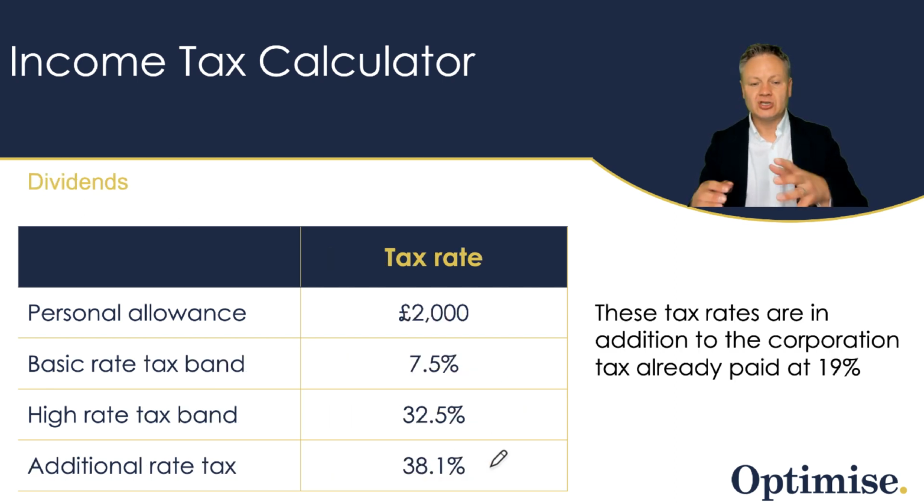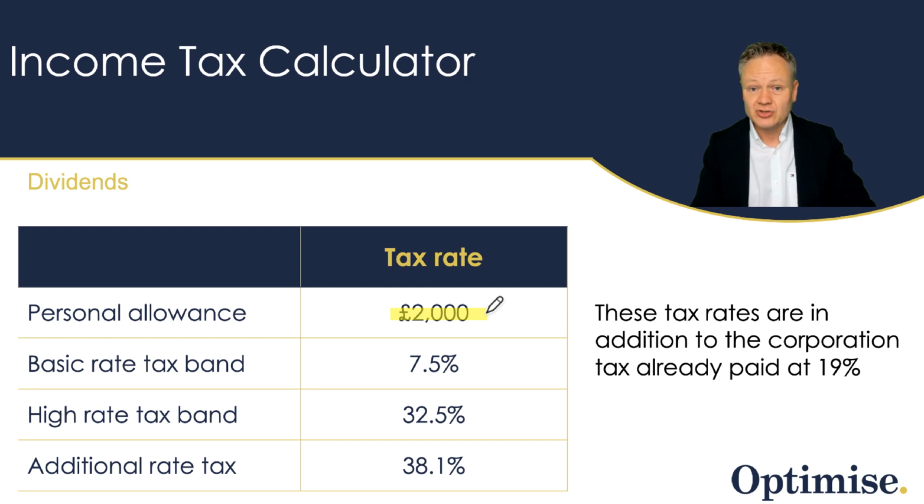So how much do you pay on dividends? There is a trip up here because the taxes that I've just discussed, you may think, well, that's carte blanche. That is against all forms of income. Well, that's not true, actually. In here, you can get a tax-free amount of £2,000. So I've put in £2,000 because that's a tax-free allowance. So up to £2,000, there is no tax.